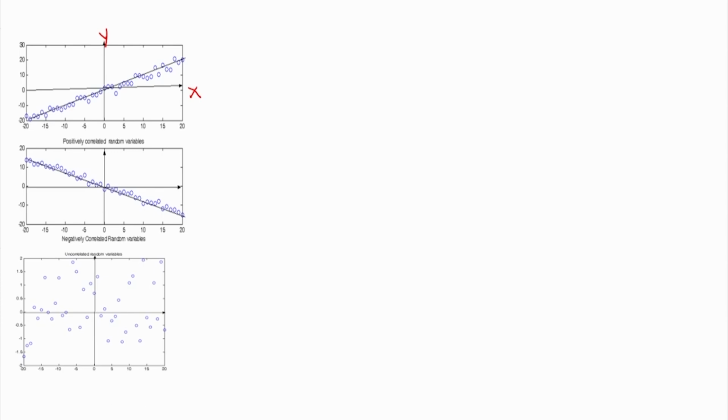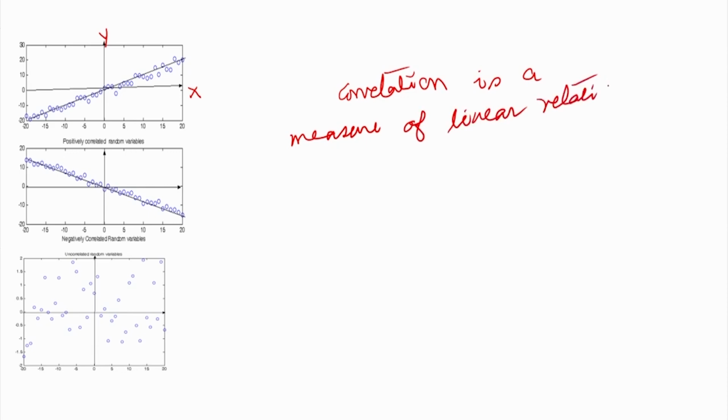So, that way correlation is a measure of linear relationship between two random variables